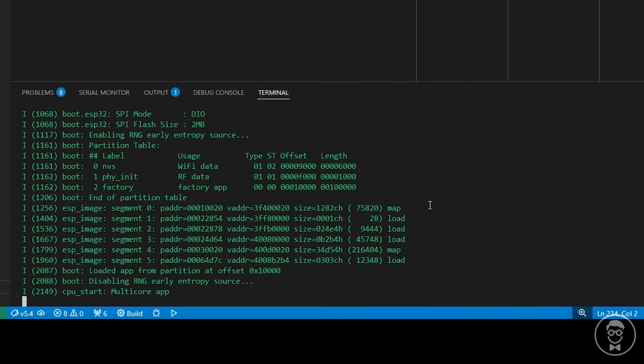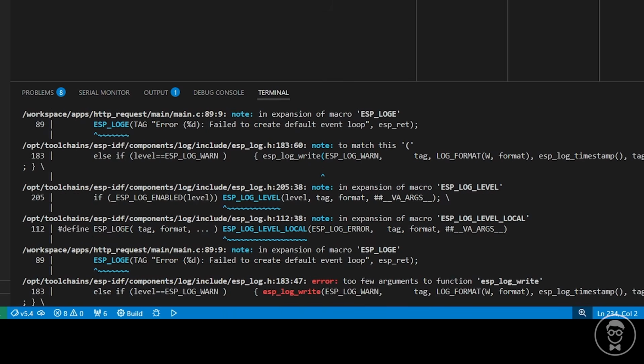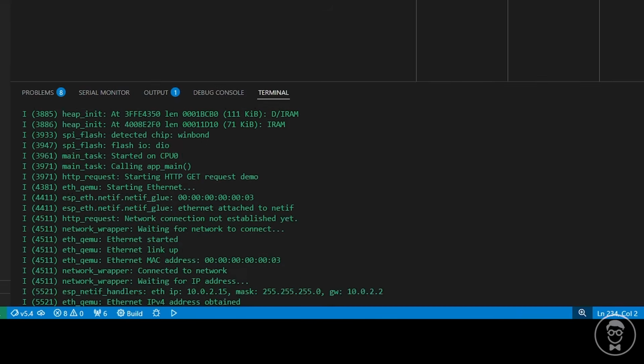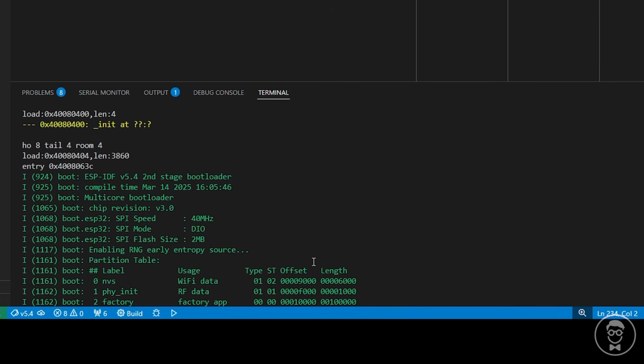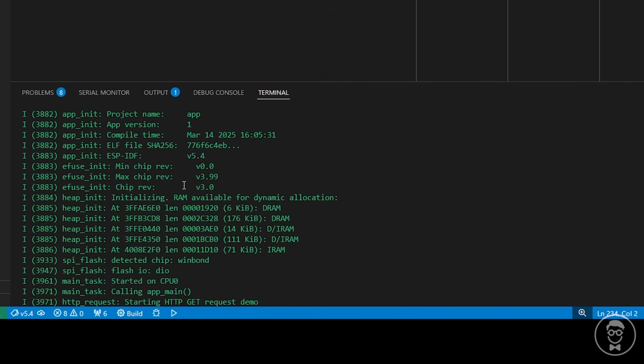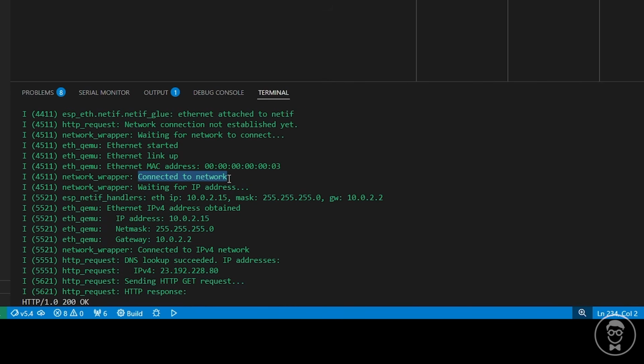Once that's done, you should see the ESP32 reboot. You should see it connect. Hold on, let me scroll back down. I don't know why that jumps up. Seems to be some weird bug in VS Code. So here is the virtual ESP32 rebooting. You see it connect to the virtual network inside the QEMU emulator. It waits for an IP address. It gets